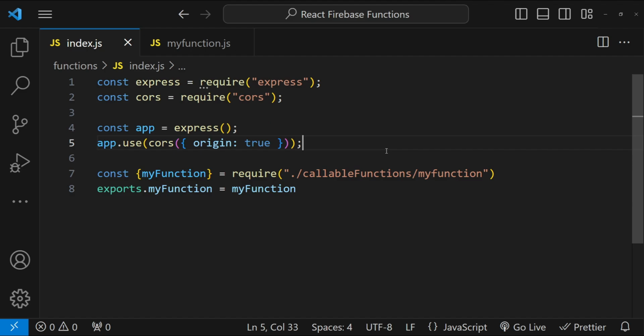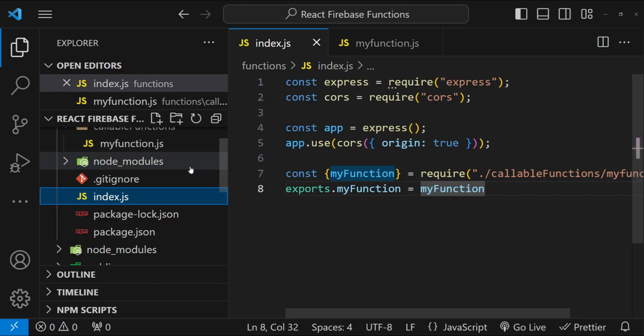Now after this is done, how do we actually test this function code? Do we have to always deploy it to the server to test it? Well, we can simply run a local emulator suite where we will be able to call this function by hosting it locally. So to be able to emulate functions locally, what we have to do is, first in this project,